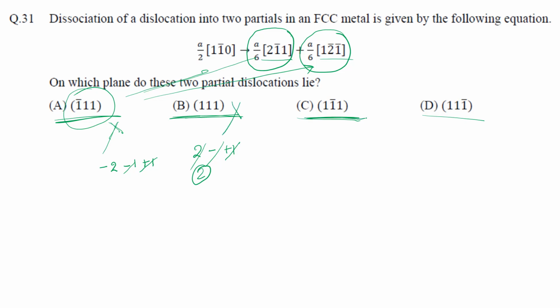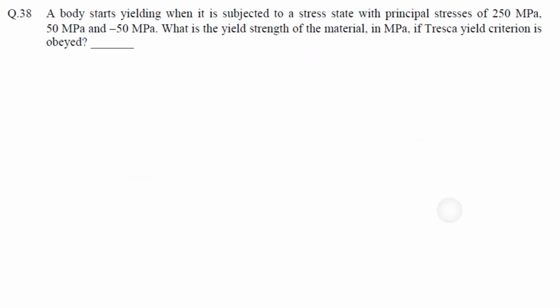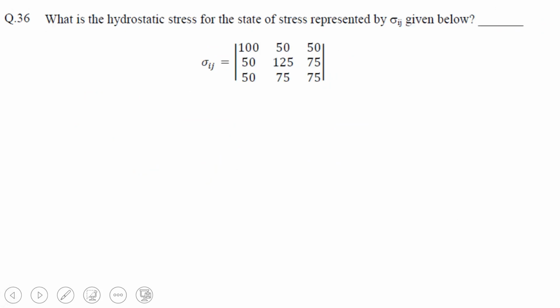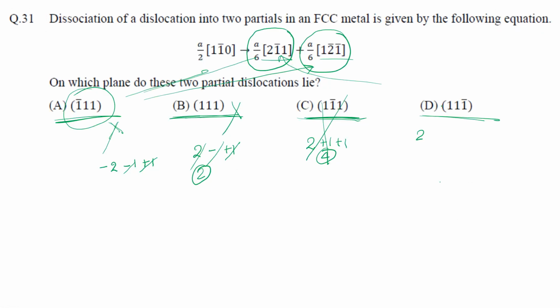Let us see option C. It is 2 plus 1 plus 1 is 4. This is also not the correct one. You can see here, if I multiply, it will be 2 minus 1, 2 minus 1 minus 1, 2 minus 2 equal to 0. Okay, this is satisfying. And for the second case, let us check again.